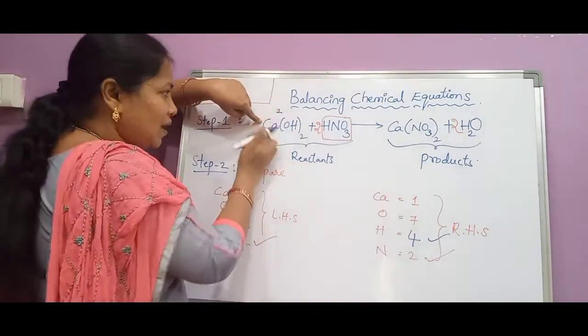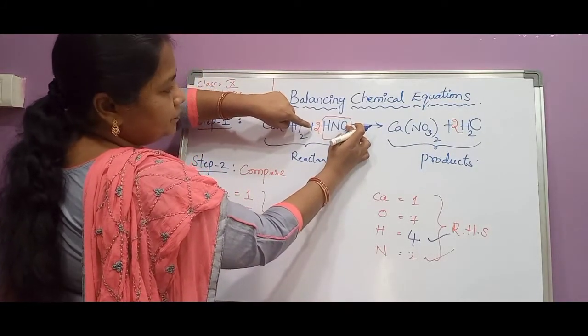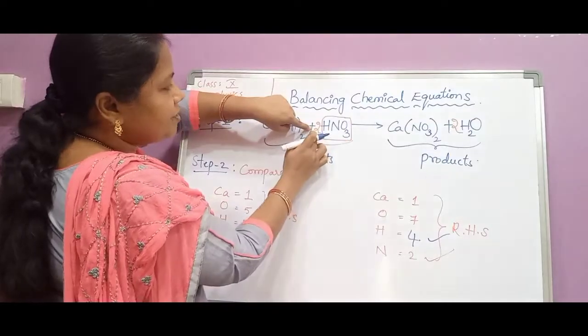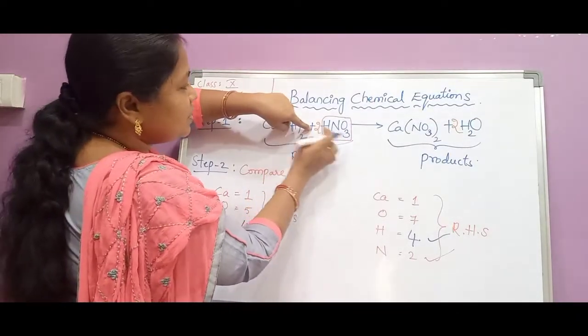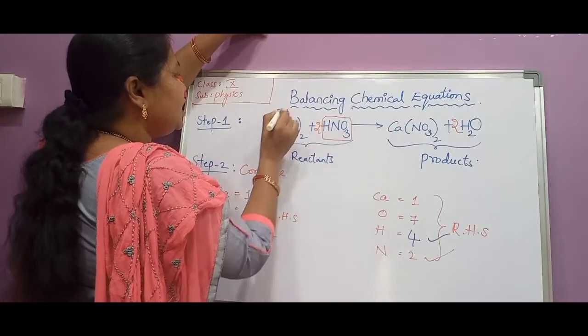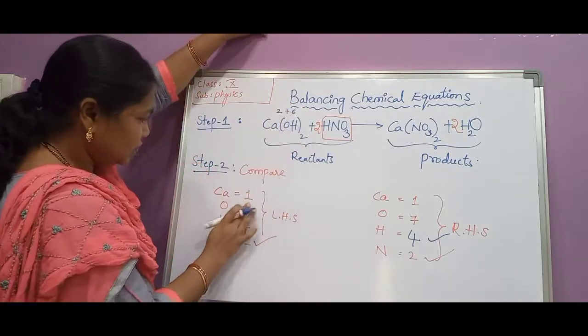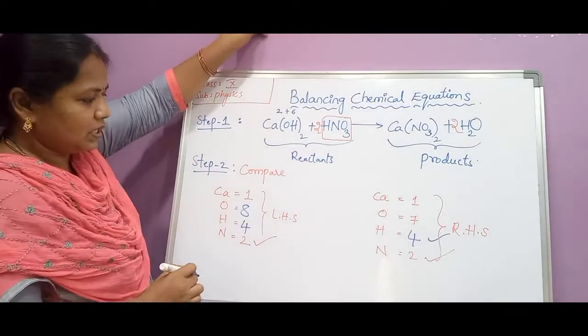So here, 2 oxygen atoms in this formula. In this formula, there is already a subscript 3 for oxygen, and the coefficient 2 we have written newly. So the coefficient and subscript should be multiplied with each other. So 2 into 3 is 6. Here, already 2 is there. 2 plus 2 into 3 is 6, 2 plus 6 is equal to 8. Oxygens became 8 towards the LH side.